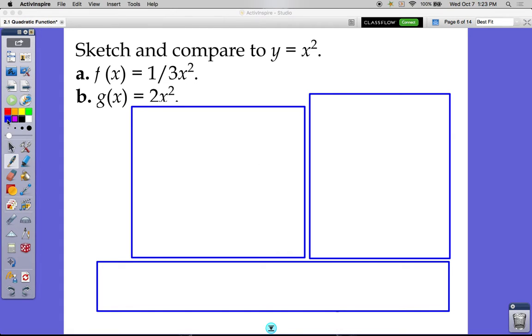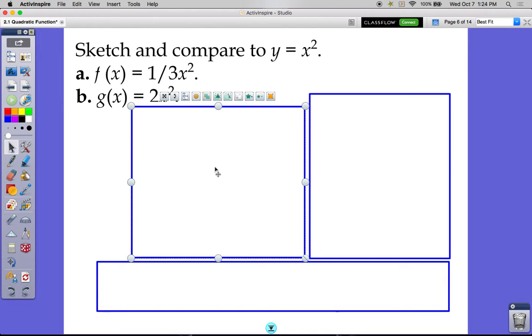So now let's take a look at the graph of y equals x squared. Compare it to both of these, where we have 1/3 x squared and 2x squared. If you want to give those a shot, go ahead and pause the video and try those out. If not, I'm going to jump right into it and let's talk about what those look like when